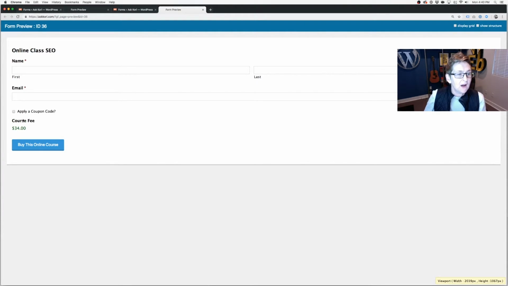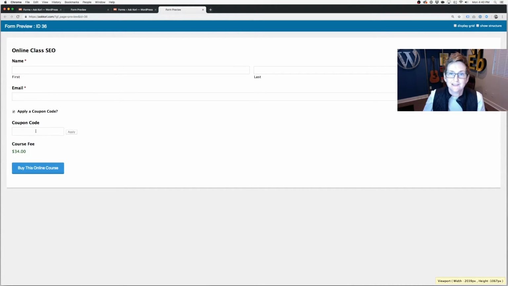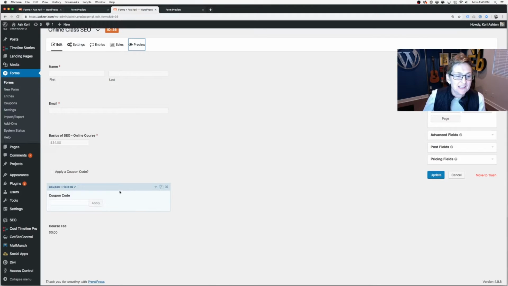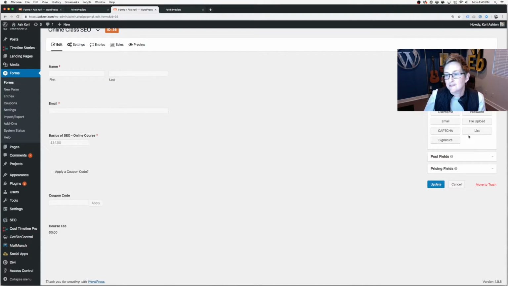So right now, the coupon code field does not exist. It's not visible, at least. When I click on there, it does exist. That's called conditional logic, and I'll show you right now how to do it inside of Gravity Forms. It's so cool. You actually would just create the field. So you would add a new field. This one is going to just be a coupon field,